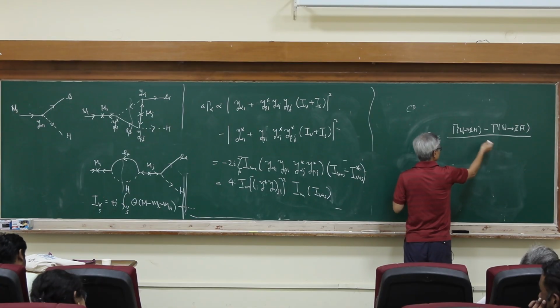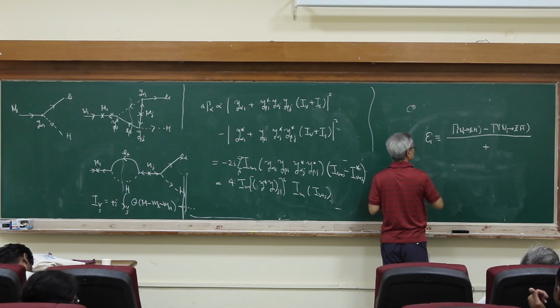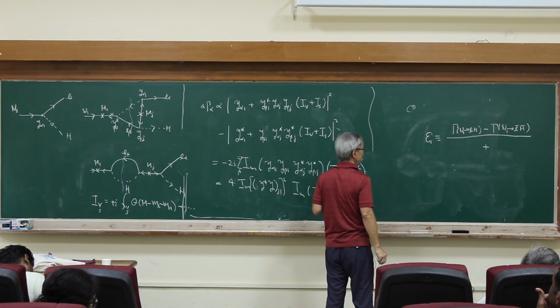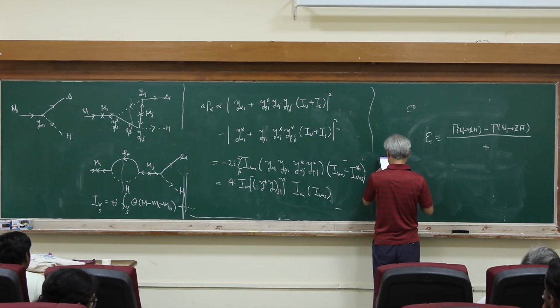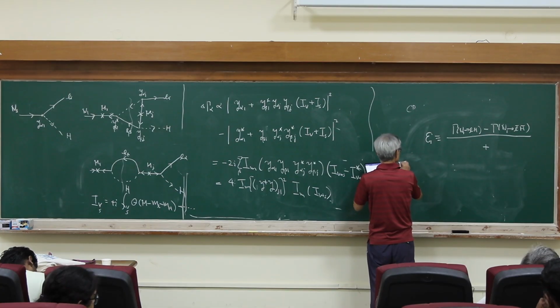And then in this case, we only consider N1, assuming the lightest one gives the dominant contribution. And then epsilon 1 is